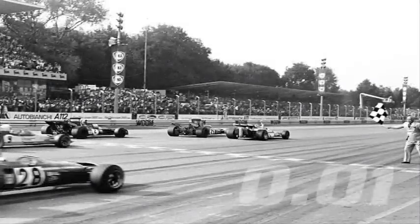Gethin vs Peterson, 1971 Italian Grand Prix at Monza, 0.01 seconds. Back in the days before motorsport timing gear recorded to more than 2 decimal places, Monza was a fearsome place, and 1971 was the last year before chicanes were installed to reduce the speeds. This race was, and would remain for over 30 years, the fastest F1 race of all, won at an average speed of